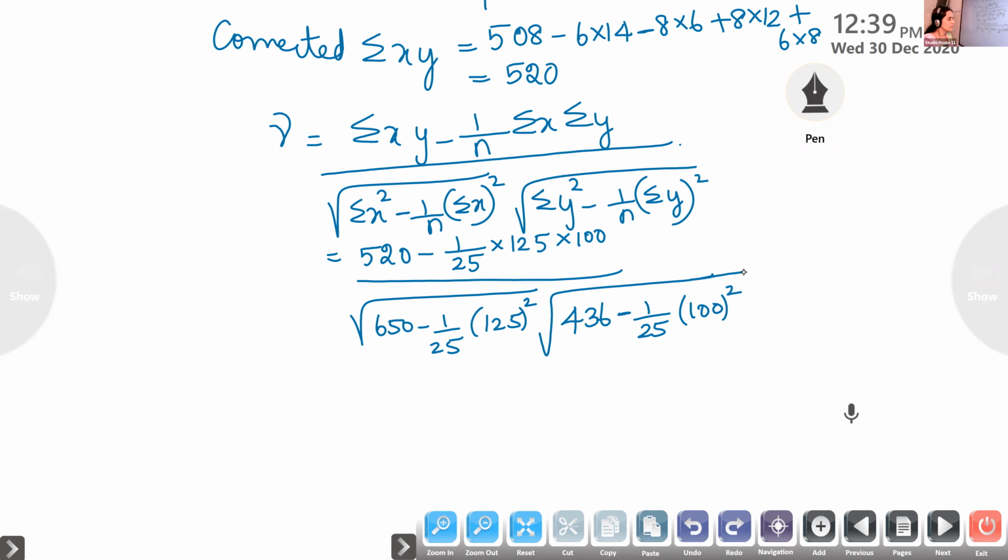Now simplify this. 2 by 3. Yes, 2 by 3, very good. Very good, Aishwarya. Okay, but once you get the time, you check the answer. We are doing calculations very fast, very good, but check whether it is correct.